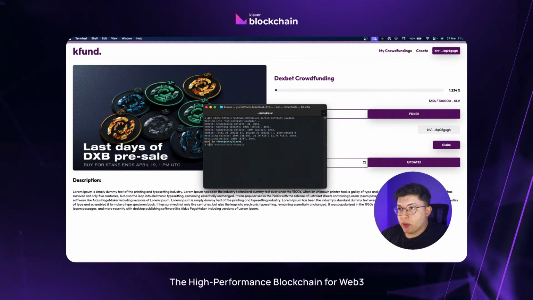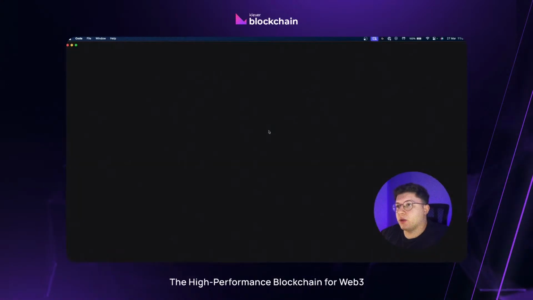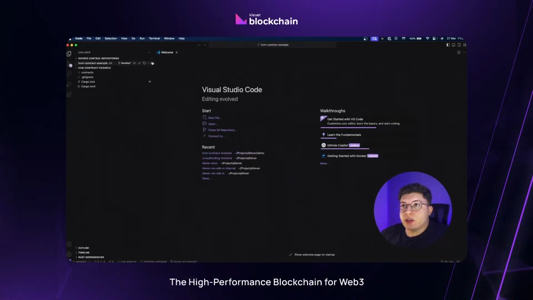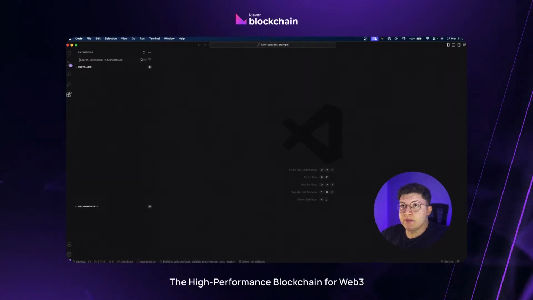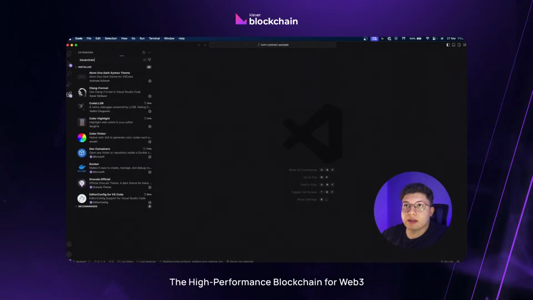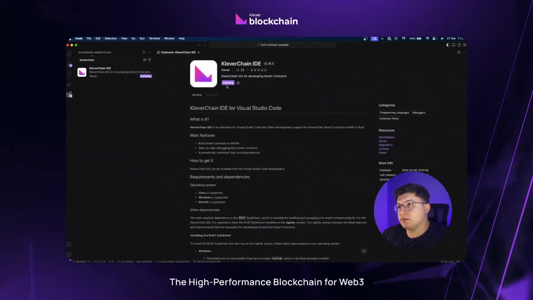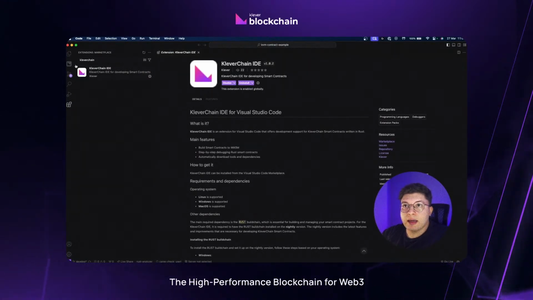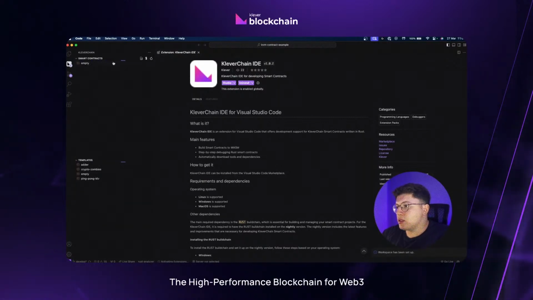And after the clone, we can open it in VS Code, right? With the project right here, let's install the Klever Chain IDE. So let's look for Klever Chain, and it will be the first one, right? So click to install, and after that, the Klever logo will appear right here. So as you can see,